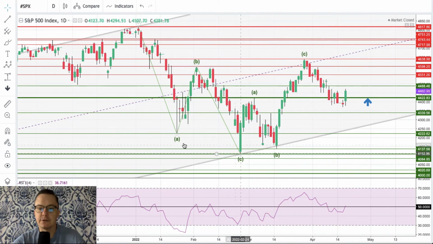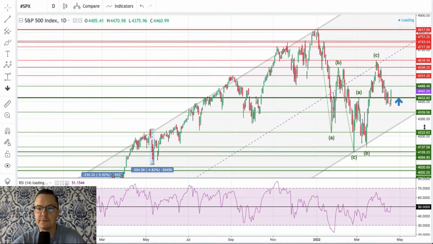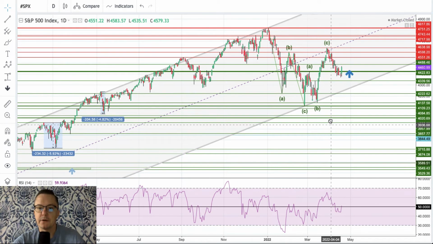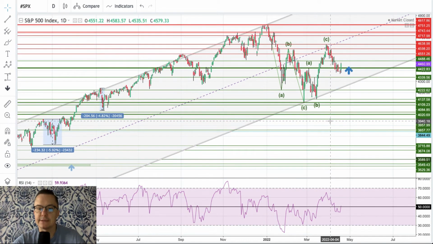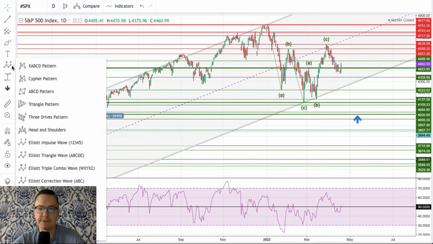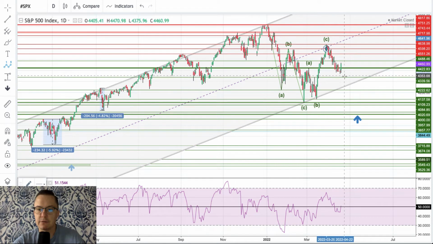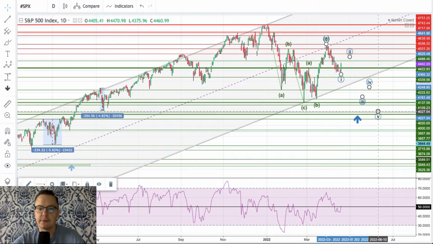And then this correction will be 3, 3, 5, maybe, for example, a running flat, or maybe some sort of extended flat correction. The targets should be at the bottom of wave C around 4,109, or even lower at 4,020. So if this pattern is the simple correction, we should see right now wave 1, wave 2, wave 3, wave 4, wave 5 to the downside